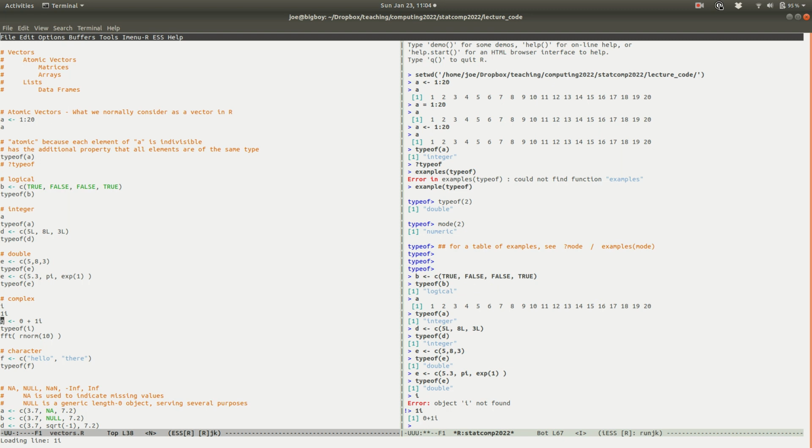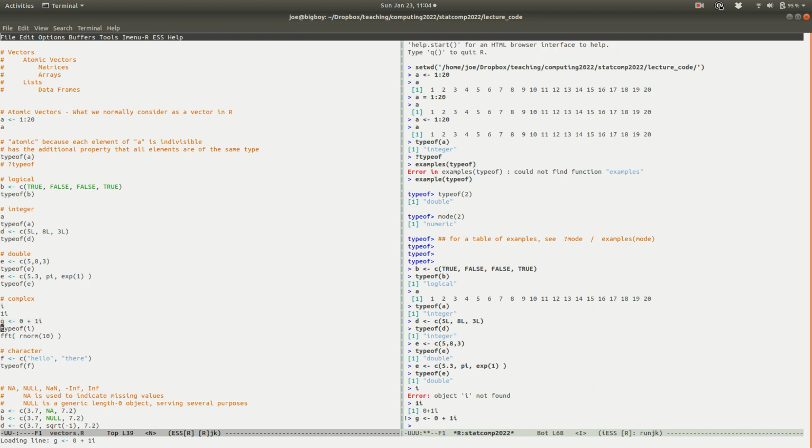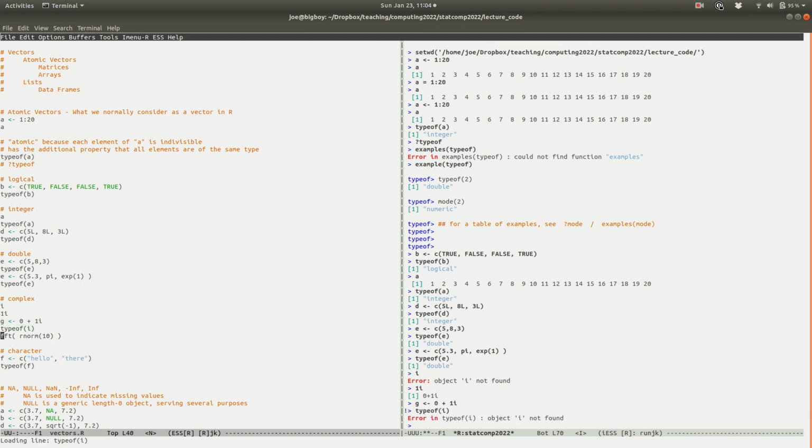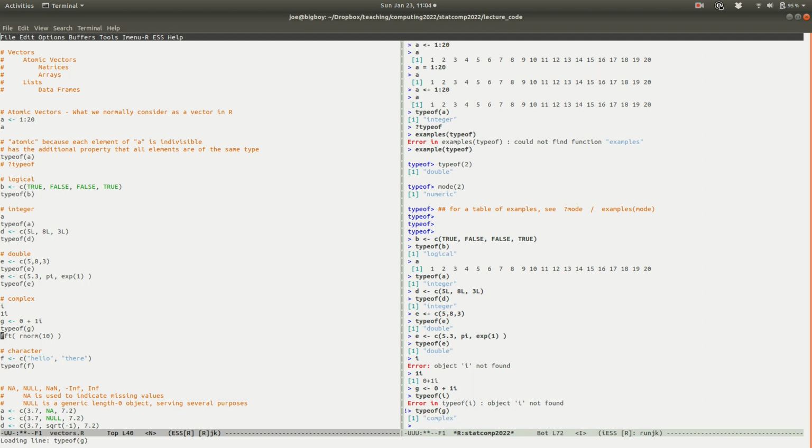You have the real part plus the imaginary part. So i is 0 + 1i. And then you can do definitions. If you look at typeof, this should say g. Typeof g is complex. And like I said, complex numbers aren't used all that often in statistics. But if you're doing something like signal processing where you're taking Fourier transforms of vectors,